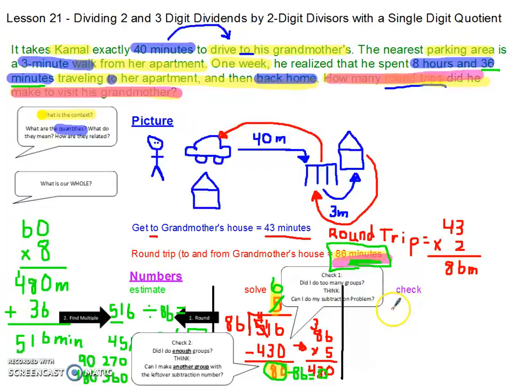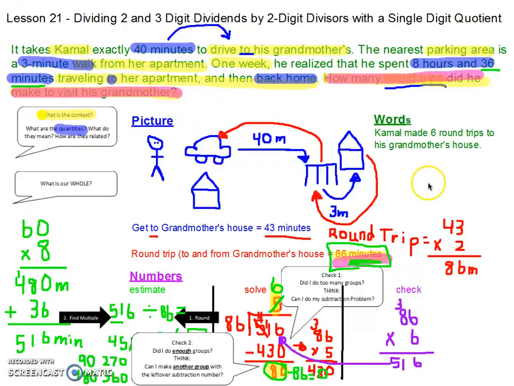So in my check, I want to be multiplying 86 times my quotient, 6, adding a remainder, but I don't have a remainder. 6 times 6 is 36. Leave the 6, carry the 3. 6 times 8 is 48 plus 3, so 51. So 516 should match my whole. And to solve in Word,